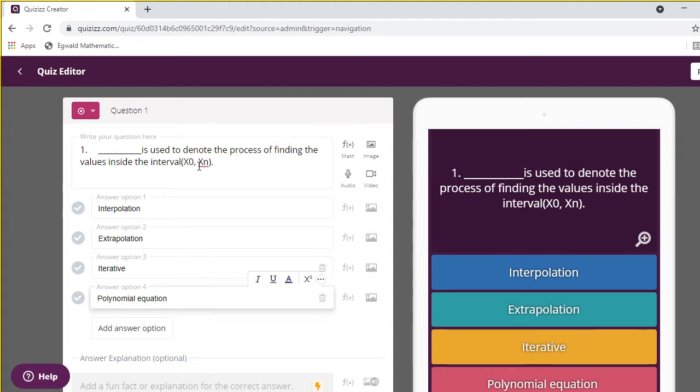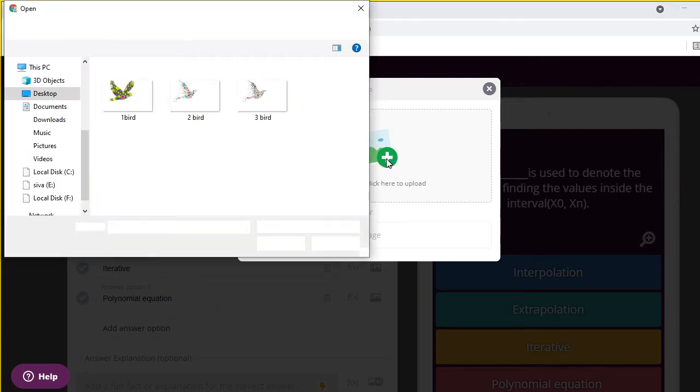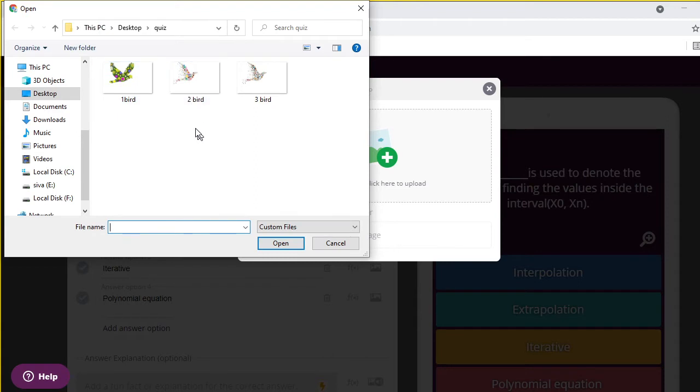Suppose your question comes with some pictures. Now you can include the image. Make that image into a JPG form, then go to that image and drag and drop. We can also use this plus option to go and find your picture.